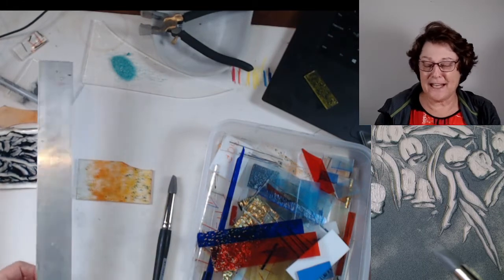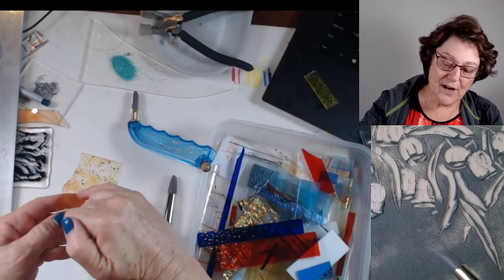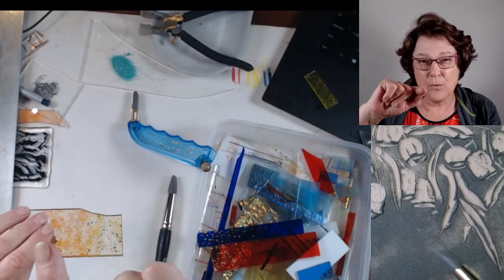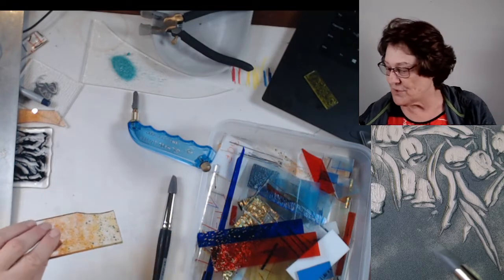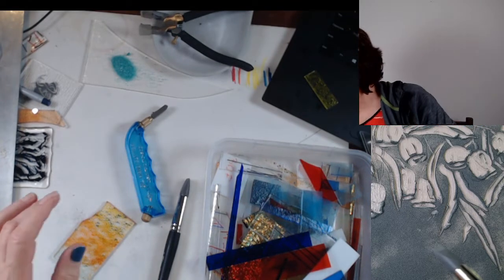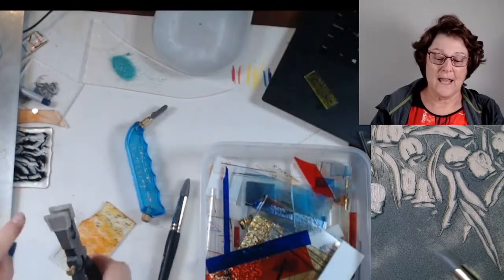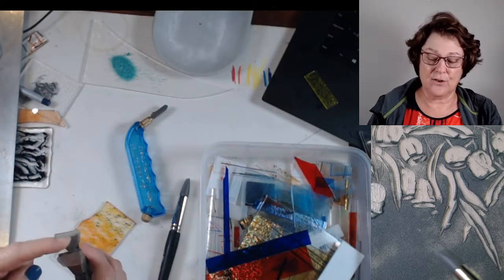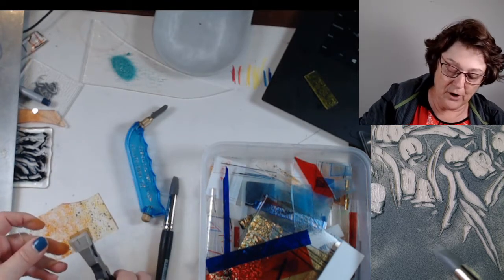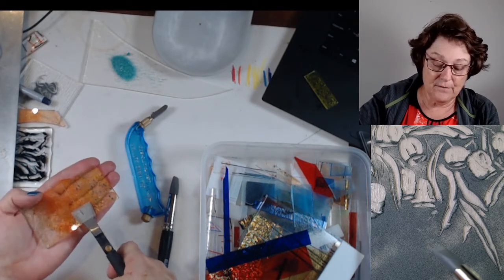I don't know if you heard that kind of scratchy scoring sound, and all I've really done is scratch a line on that glass. Glass in fact has a meniscus, just like water has, that little skin across the top, and you use a tool, if I can find where I've put it. There it is. This pliers has a curved top to it, so if I put it either side of the crack, there's a little line there, and I press down,